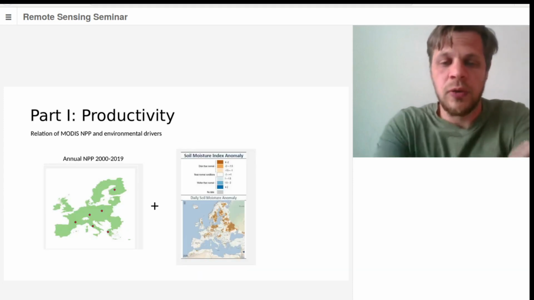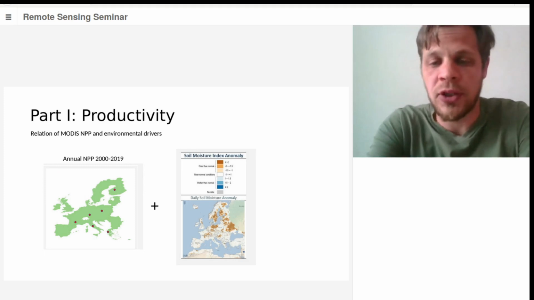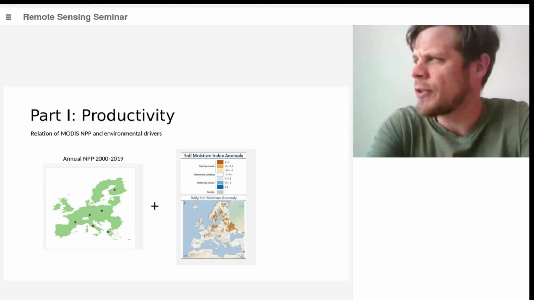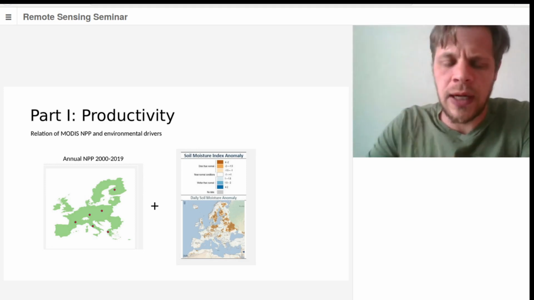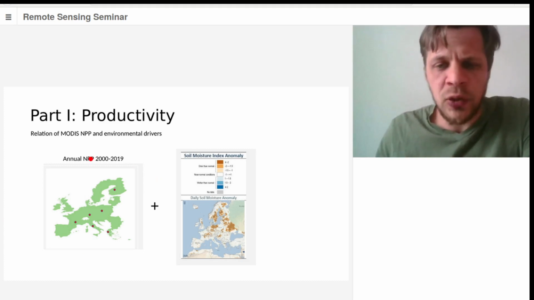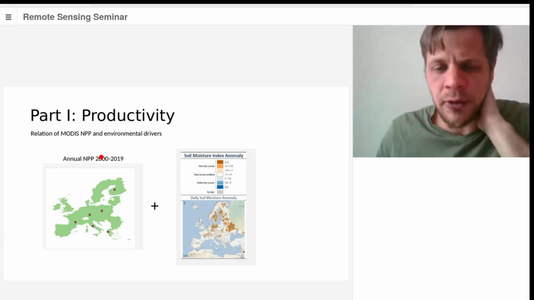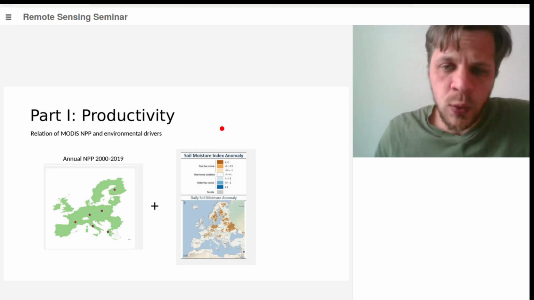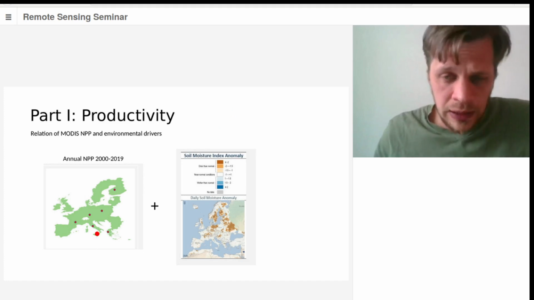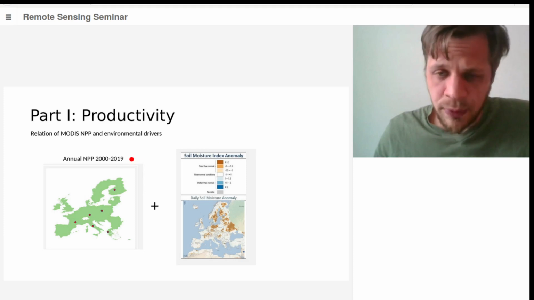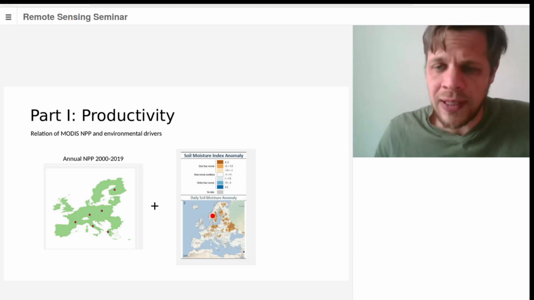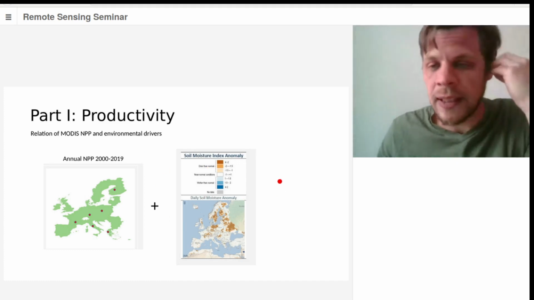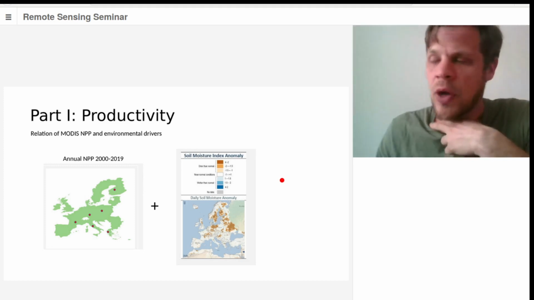Yes, then I show you the results of a little student project that we carried out a few months ago, pretty much when we started the project. So we somehow compiled the annual NPP for the period 2000 to 2019 over whole Europe as a big raster file. And then we asked a student to pick some locations on this map, extract the data, and correlate it with environmental drivers. And as an environmental driver, we use soil moisture index anomaly, which is a drought indicator,